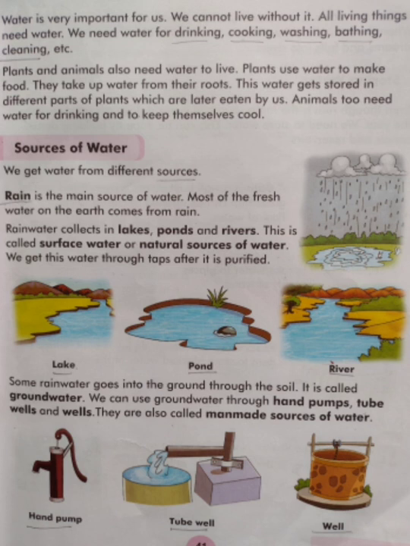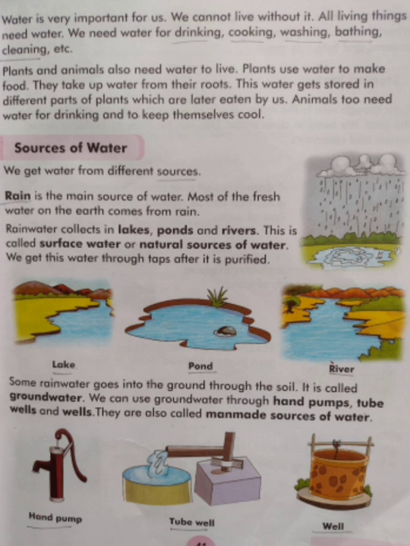Next, plants and animals also need water to live. Plants use water to make food. They take up water from their roots. This water gets stored in different parts of plants, which are later eaten by us. Animals too need water for drinking and to keep themselves cool. Yes. So why do the plants need water? Plants need water to make their food,